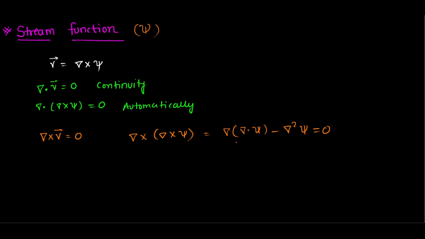This must be equal to 0, and this will actually give you three unknowns, because we'll have xi x, xi y, and xi z in the three separate directions. We'll have a stream function. So this now gives you three unknowns. All right. So this is what we have. The continuity is automatically satisfied. For irrotationality, we get one equation.